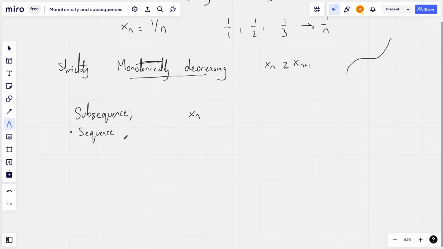A subsequence is a sequence that takes indices n1 less than n2, less than n3, and so on, with xn1, xn2, and so on. So for example, say we have